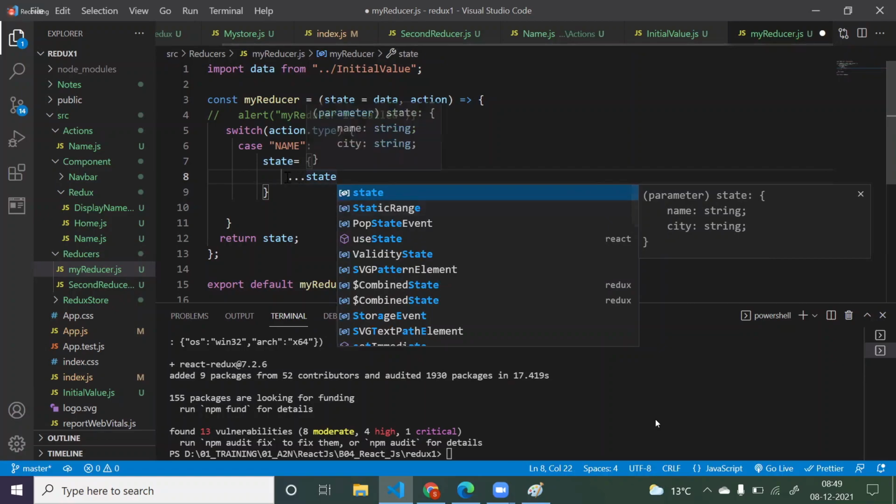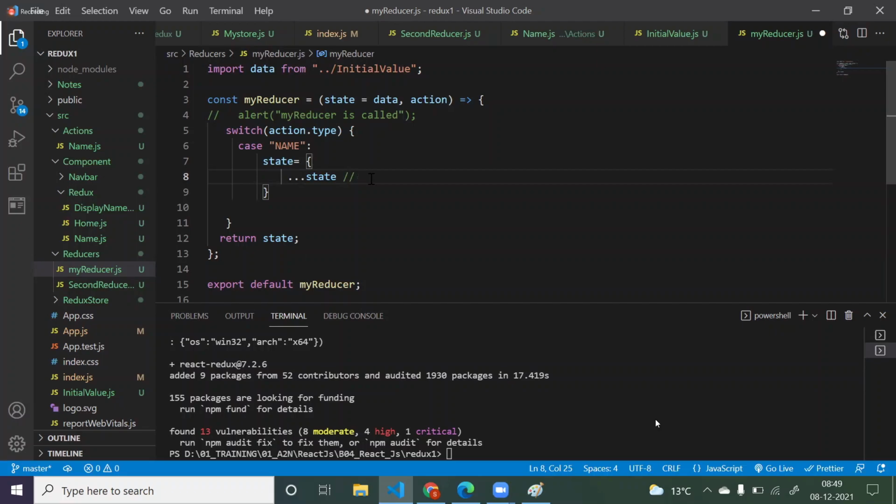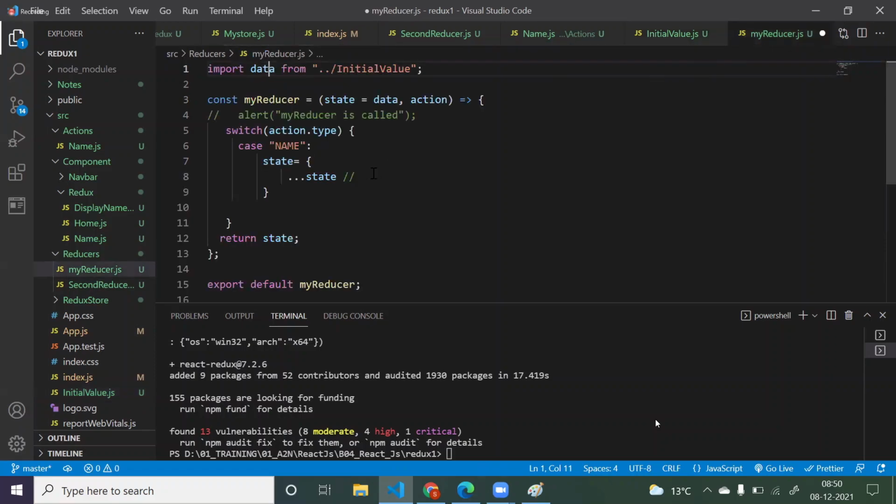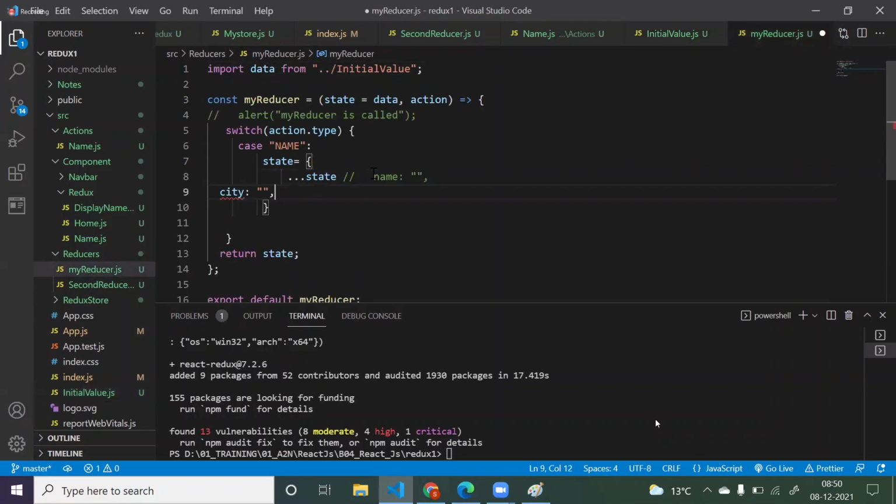Now what it will do, internally, is go to this state, see which object we are storing, data, then go to this data, copy all the properties, come here and paste them here.